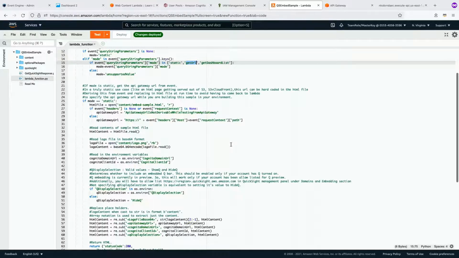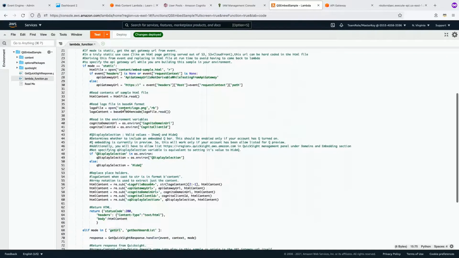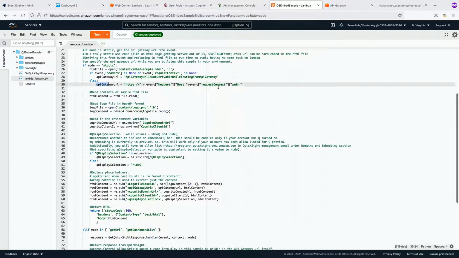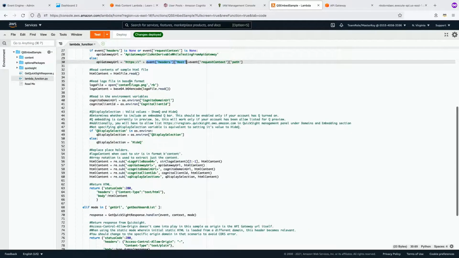What this Lambda function will do is come here, and then it will get the API gateway URL. It will construct that from the details coming in the event: event host, the request context and path. It will just construct that API gateway URL. We could very well add that as an environment variable as well, just trying to save that extra step in doing this. And then we will read in the HTML content,